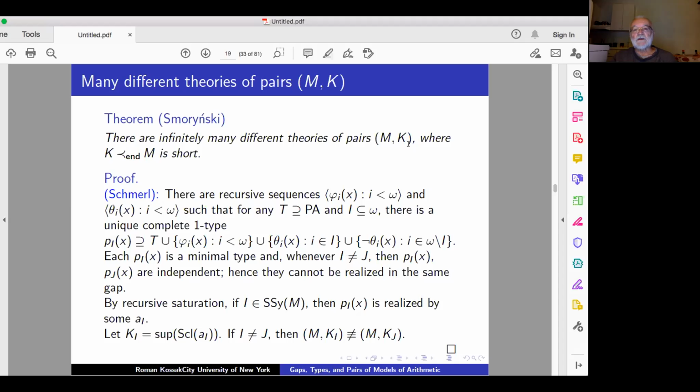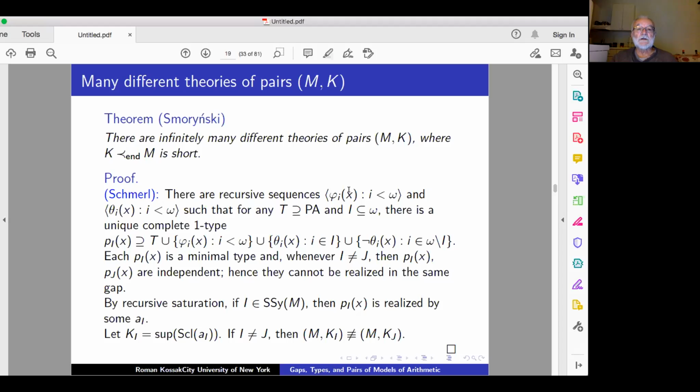And how do you make it? Well, we have to make many different Ks, and they will be different. The difference is made by what is being realized in the last gap, what's in the top tier of K inside M. This goes back to Gaifman and constructions of what are called independent minimal types. Minimal types can be constructed in such a way that you construct a recursive base for a type. This is a recursive construction, and you show that this recursive set of formulas has a unique extension to a complete type, and that type turns out to be a minimal type